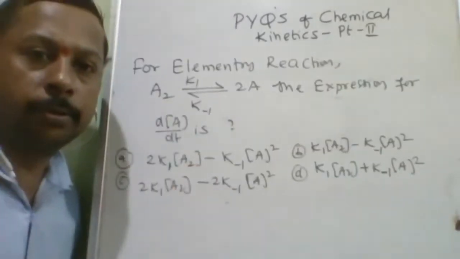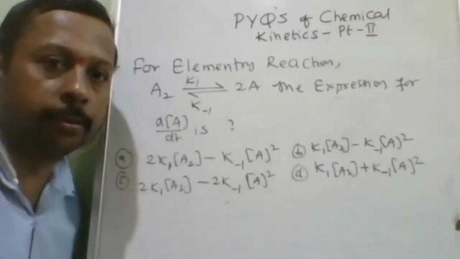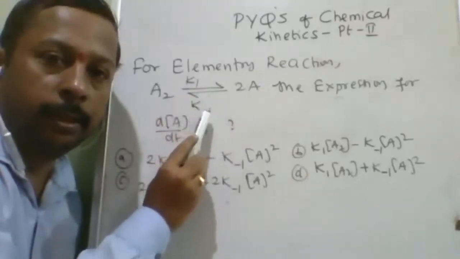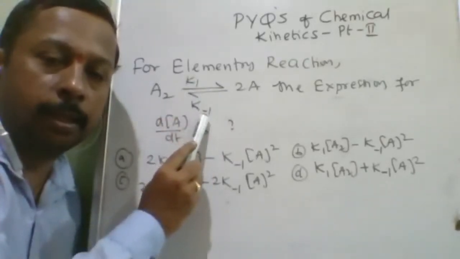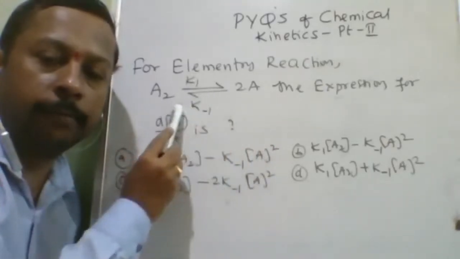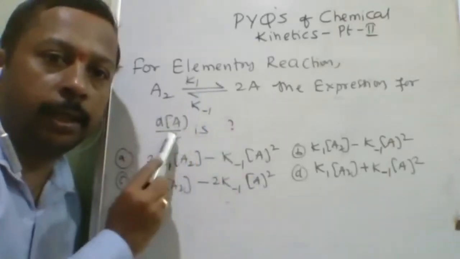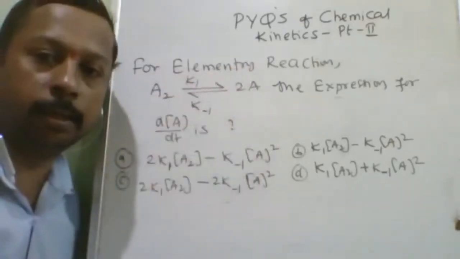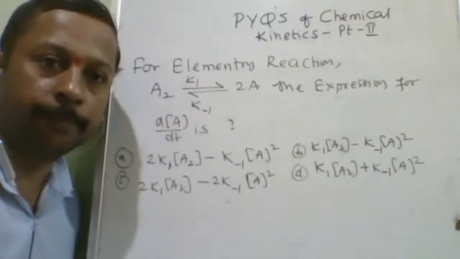Okay, here is another question. It is from the reversible reaction, or it is also called an opposing reaction. Okay, so in this direction the rate constant is K1, in this direction the rate constant is K minus 1. Normally we will write it as Kf and Kb. Just to avoid confusion, K1 and K minus 1 are given. For the backward reaction it is K minus 1, for the forward reaction it is K1. Then net dA by dt, all of you should take care, it is about dA by dt. Because of that small confusion, I am getting different wrong answers.